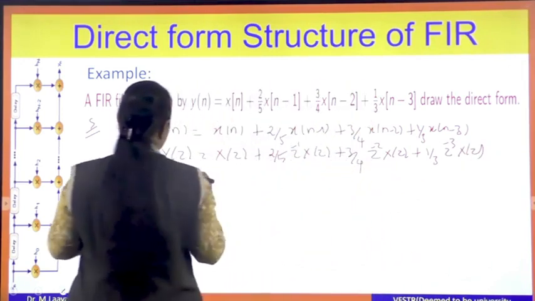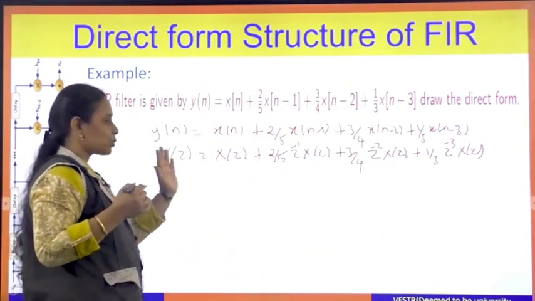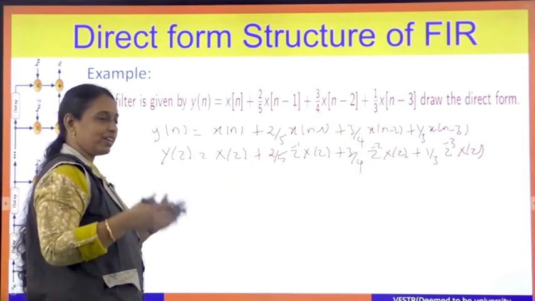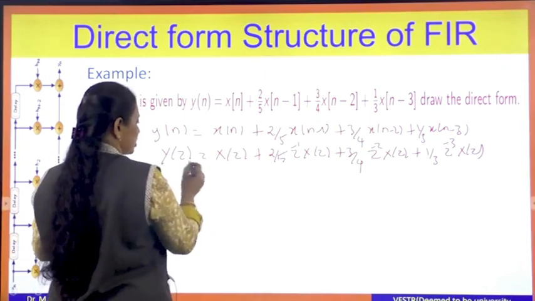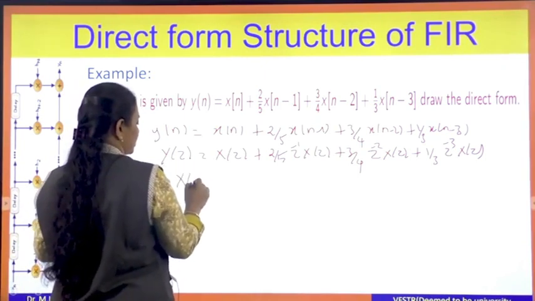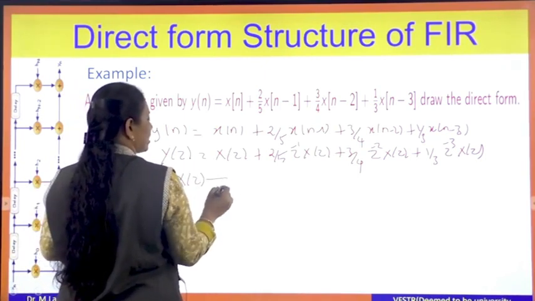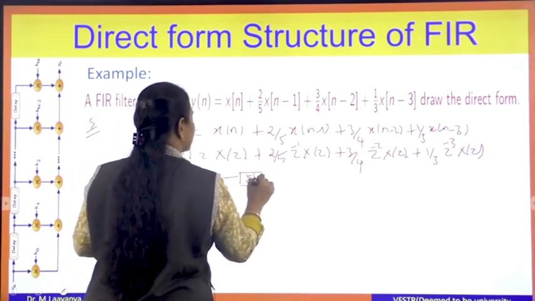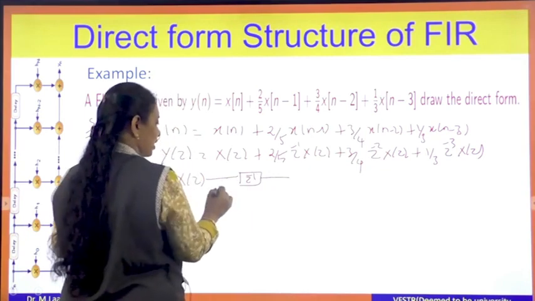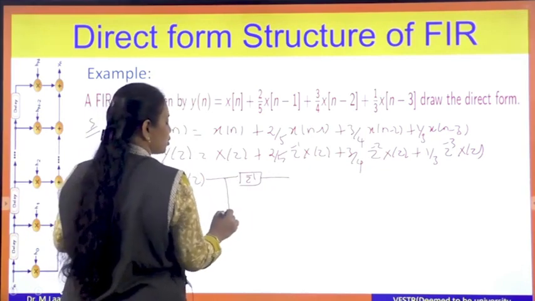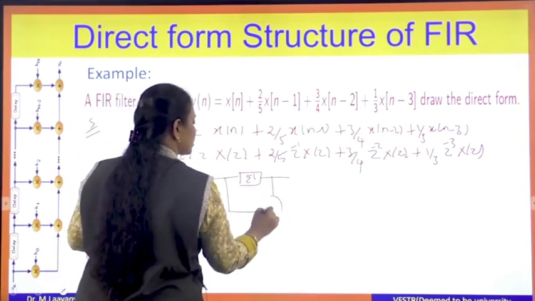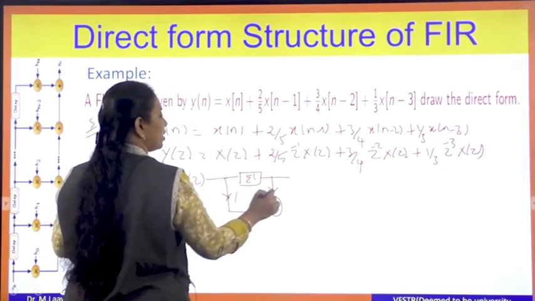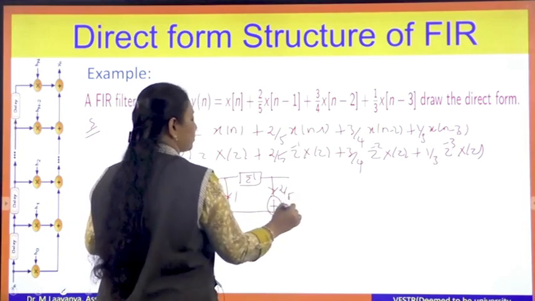So let us draw this structure. Already the equation is such that y of Z equal to it has come, so no need to alter anything, we can draw it off. So what is my input? X. So this is my input. I need n minus 1, so delay it. I will need x of n minus 1. My x of Z should be added with x of n minus 1. And what will be the multiplier? Here 1, here 2 by 5.